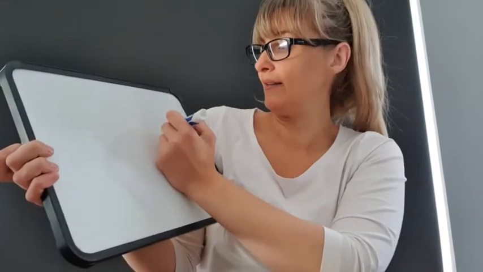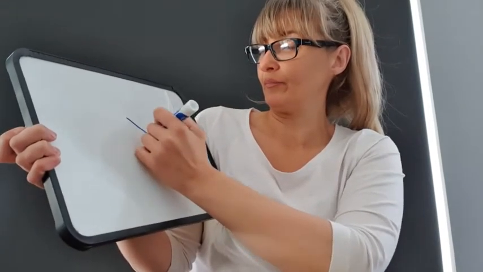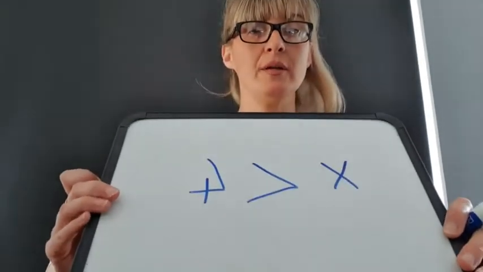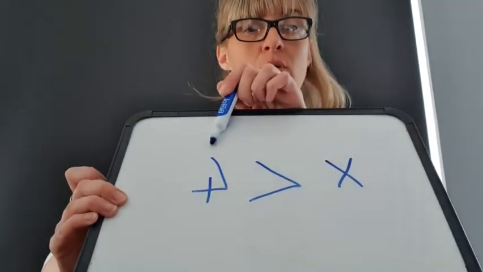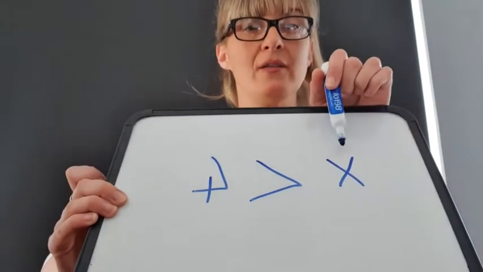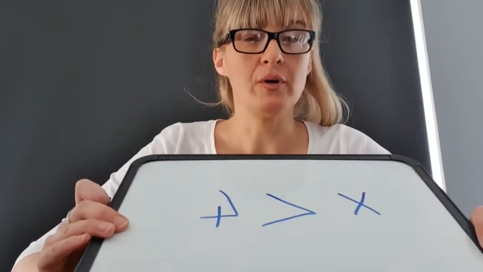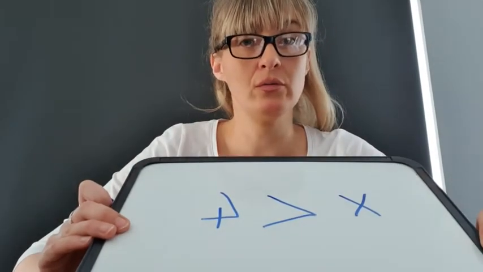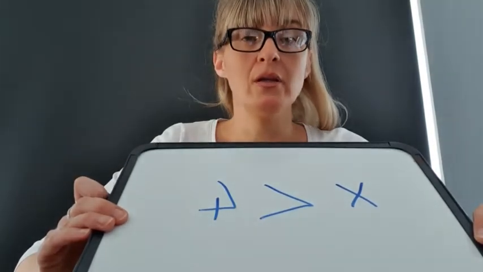If we had this one, then Colin is wanting to eat the 4. So that means that x must be smaller than 4, must be less. So a number less than 4, it could be 3, 2, 1, 0. And that's as simple as it is. The only thing new,